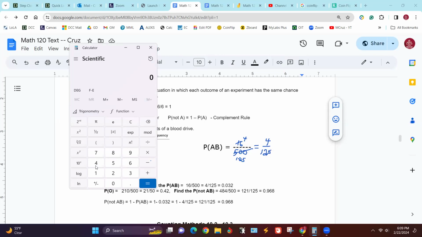So let's go ahead and do the fraction. Now, if you're rusty on converting to,